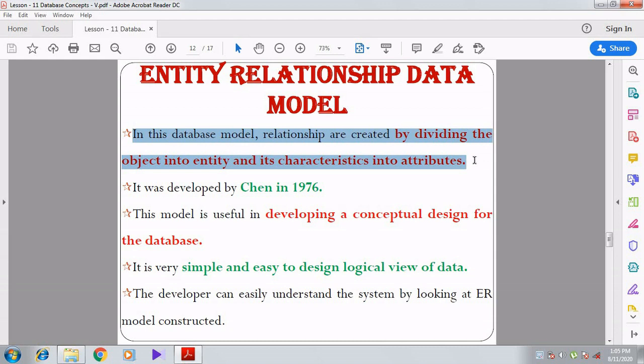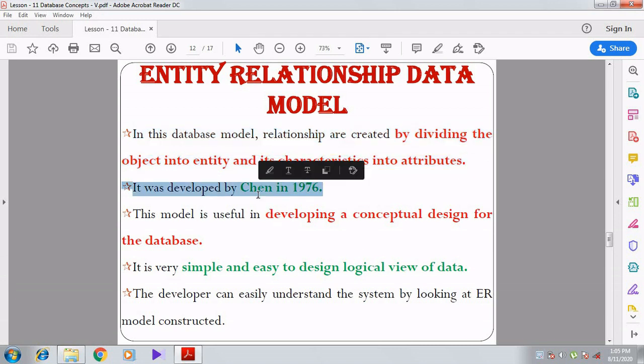There it represents a column, but here there is no column, right? So the object is considered as an entity, and the characteristics are considered as attributes. This model was developed by Chen in 1976.